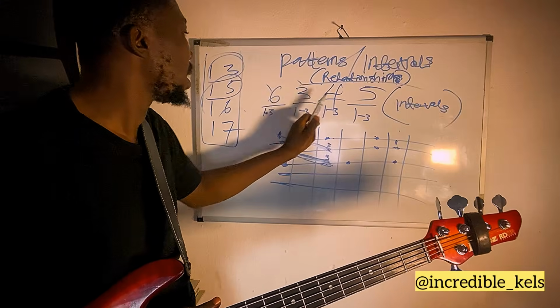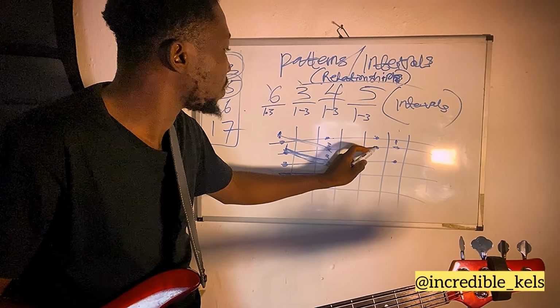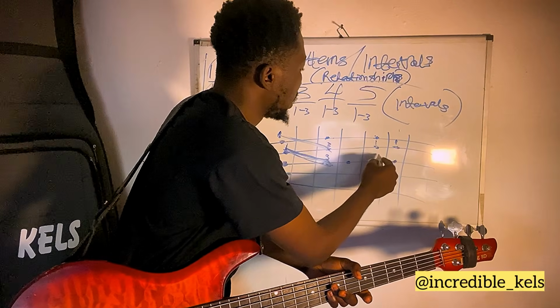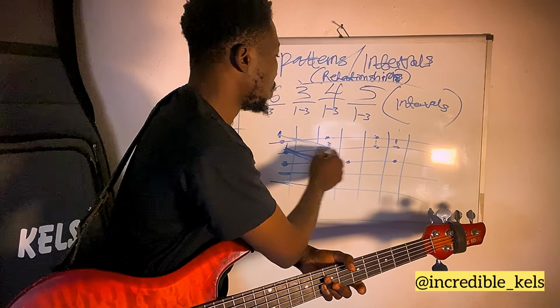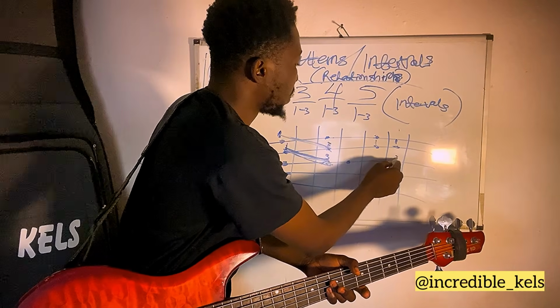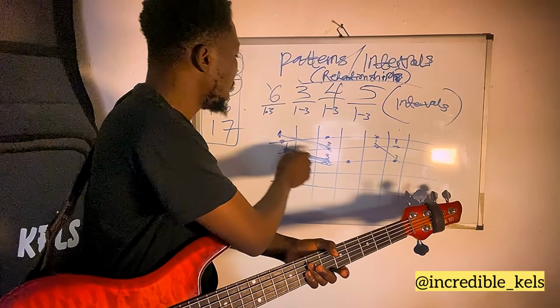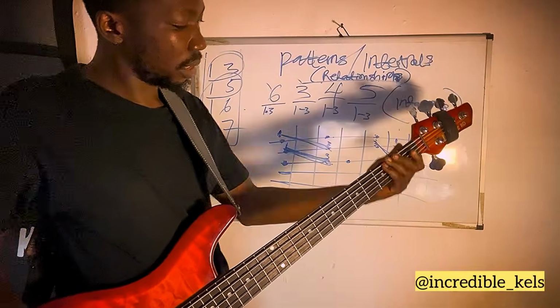Then we're on our fa. So we need a 1 and 3 on our fa now. You know this is my fa, right? This is my fa, so the fa now becomes my 1. Now this is my 3. So fa, so, la. This is my la, it becomes my 3. It's going to be this. So I'm playing da da da da da da, which is